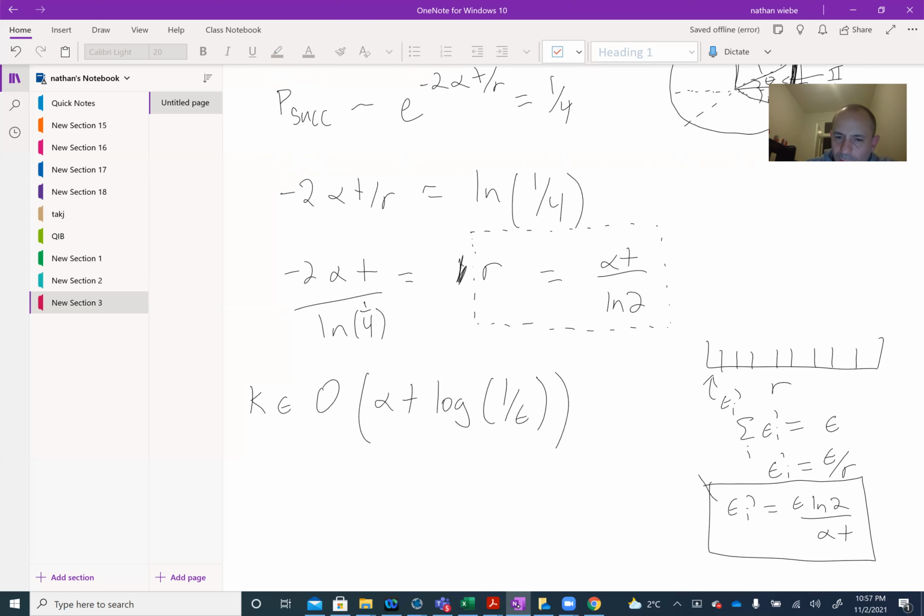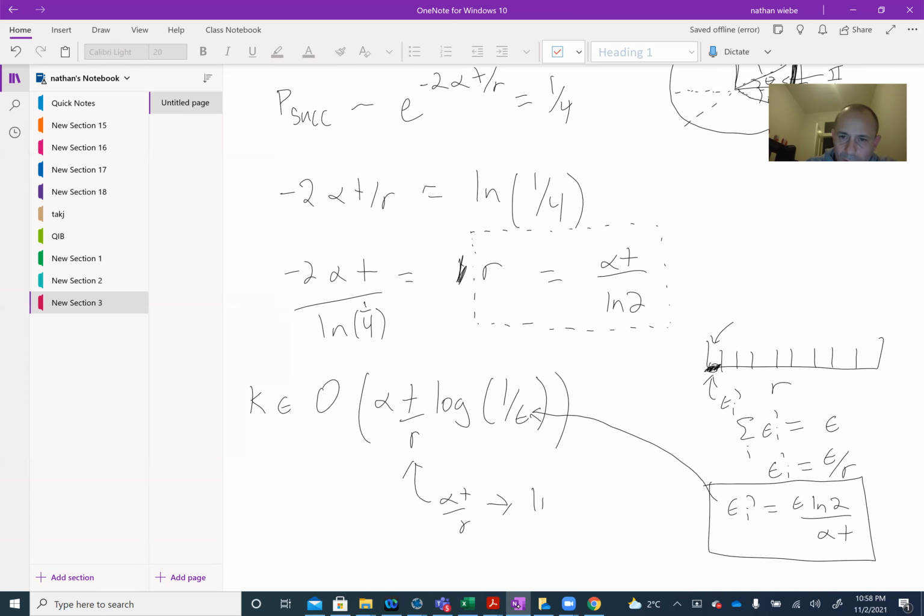Okay, so this is the value of epsilon prime that we're going to plug in for the order of the polynomial that we'll need to approximate the dynamics inside just one of these short little time slices. But also, we're going to have to adjust the value of t, right? Because it's no longer going to be t, it's now going to be a duration t over r that we're carrying out. Now, t over r, using this scaling, actually will end up going to be alpha t over r